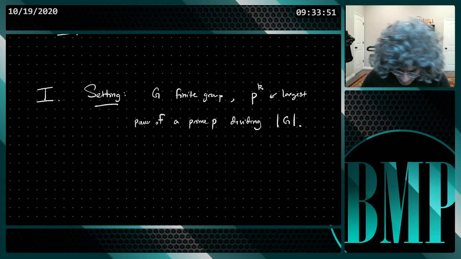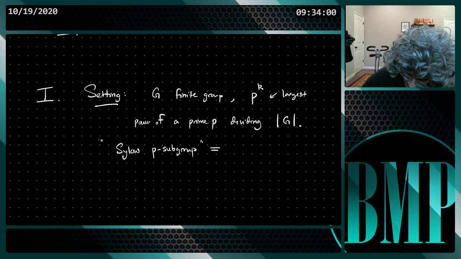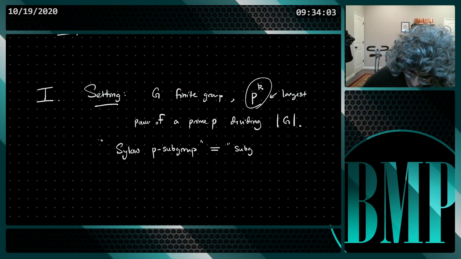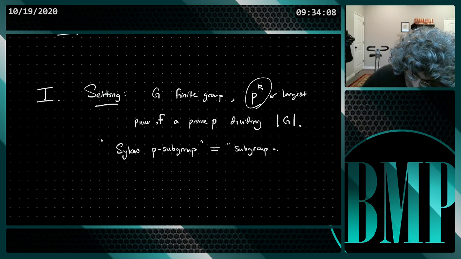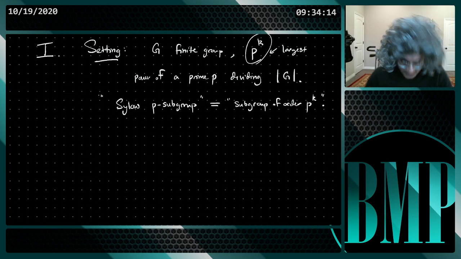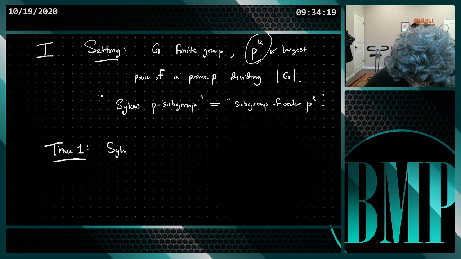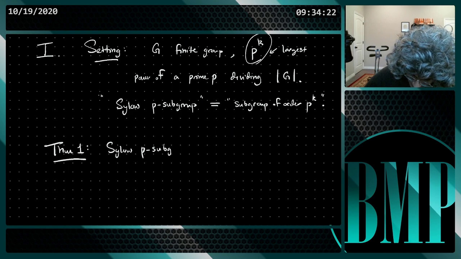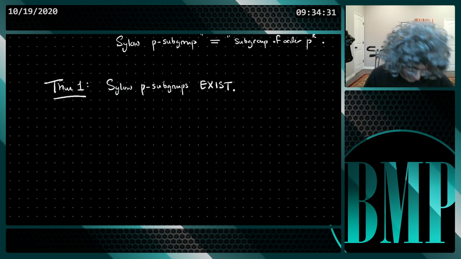Then a Sylow subgroup, remember, a Sylow p subgroup just means a p group of maximal possible order. Okay? And the first theorem says this: Sylow p subgroups exist. All right. And we were in the middle of the proof of this theorem. So the proof